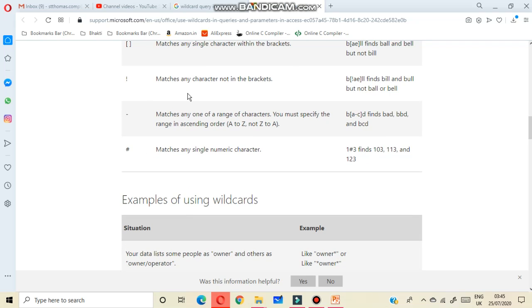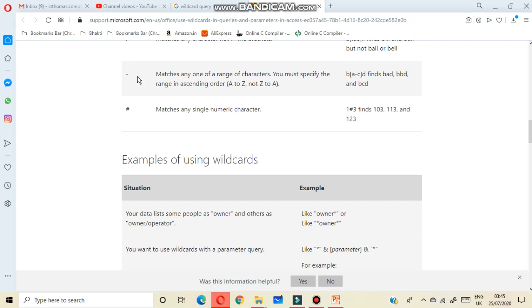Exclamation mark matches any character not in the brackets. Dash matches any one of a range of characters. You must specify the range in ascending order. Hash matches any single numeric character.